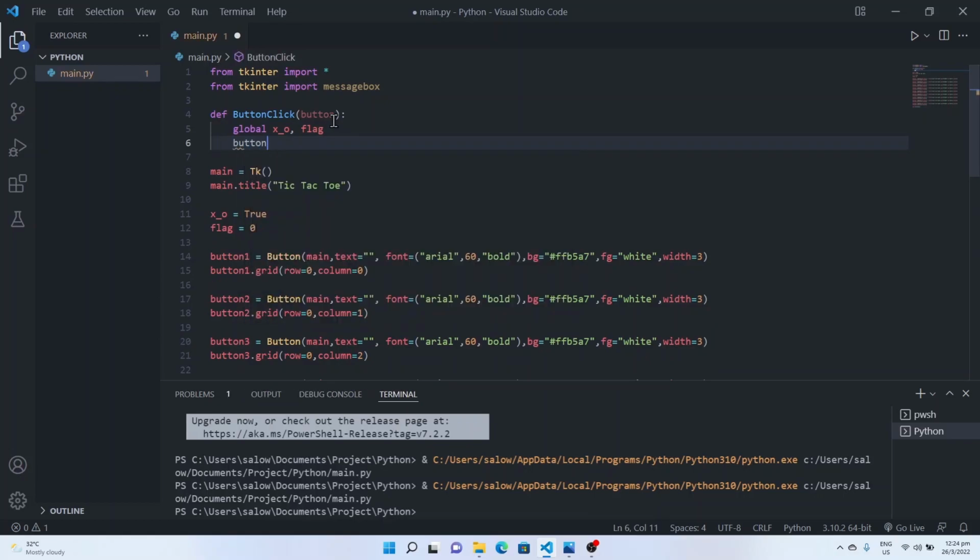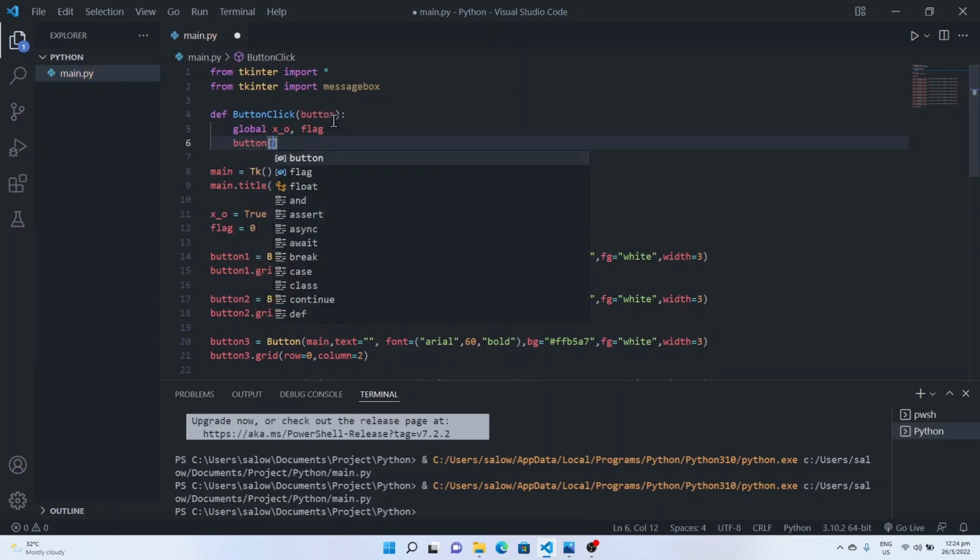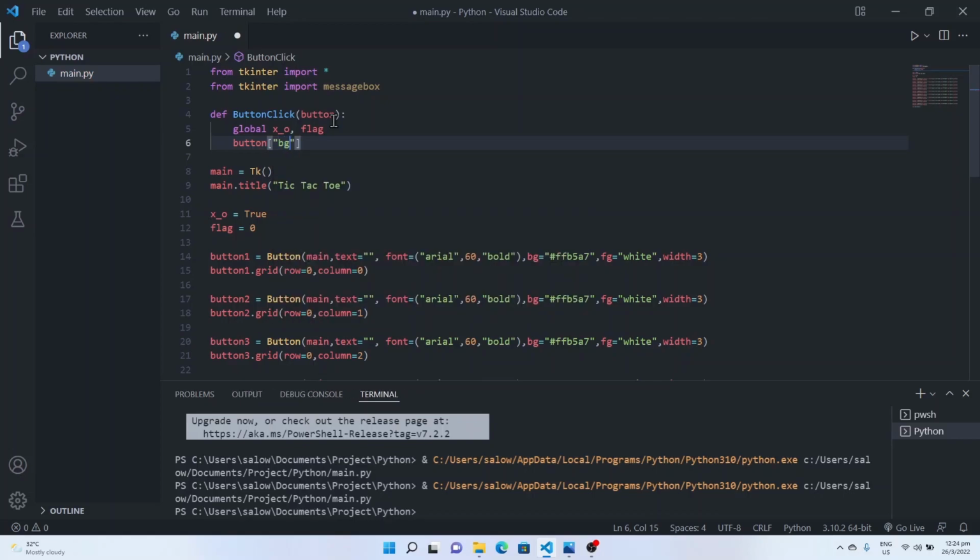Once the button is clicked, we need to change the background color. So we assign the background color to anything you want. Here I am changing it to blue, and then